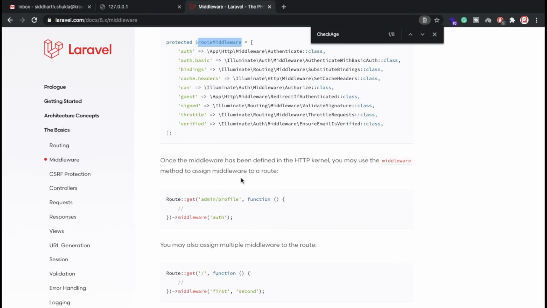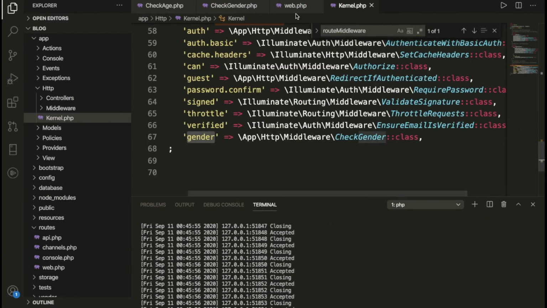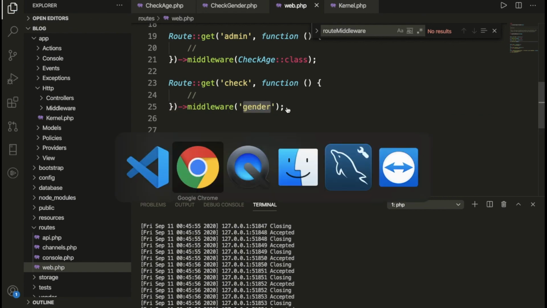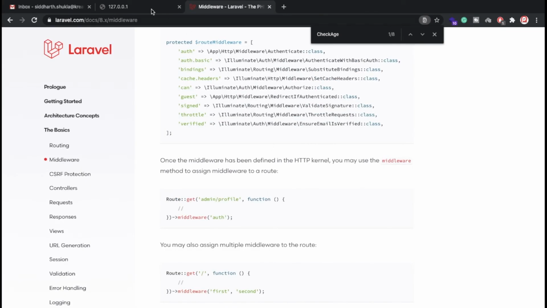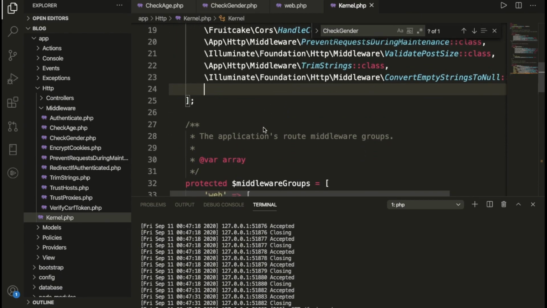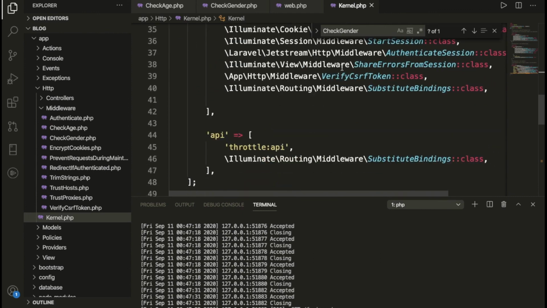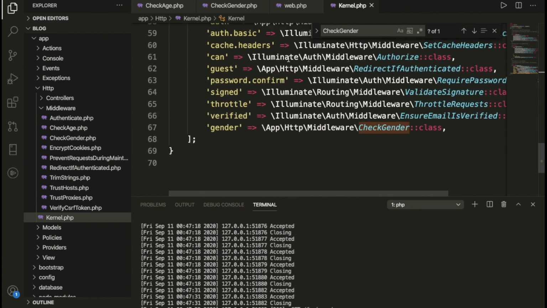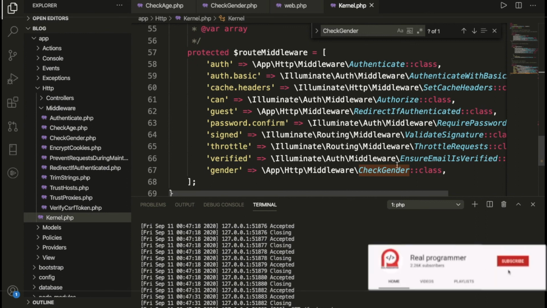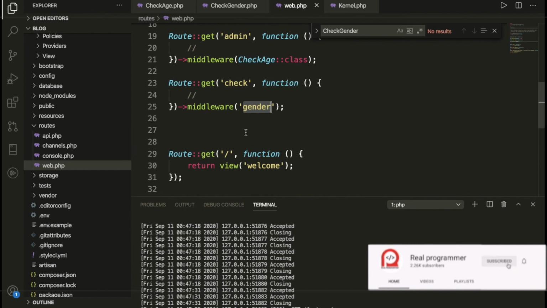Once you put it here as gender, then you need to pass the particular name of the gender middleware here only. Yes, like this one. We don't need to write this one. Like this you can also pass the middleware as gender. Look, we have this one. So now, inside of the Kernel, we need to put it in the route middleware, which is already appended here as gender, and here you don't need to write more. So we can put it like this.